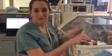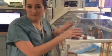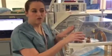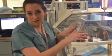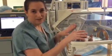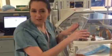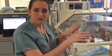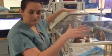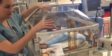When premature babies are born, they are born before their bodies are fully developed. So there are certain things that they can't do that a full-term baby can do. One of the things is regulate their temperature. They come out with very little fat on their body and they're very tiny. So one of the things we do is we put them in these incubators, also called isolettes, and that